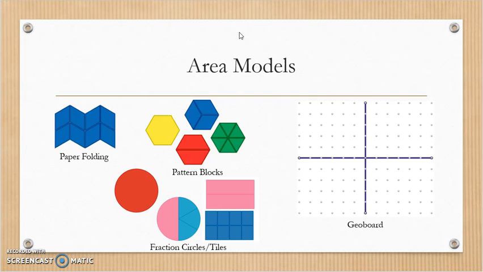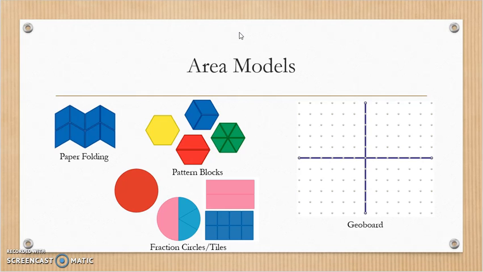But once they folded their paper into thirds and then folded their thirds in half, they would create 6 equal parts. Once the students had folded their 6 equal parts, they could represent 4 of the parts by coloring 4 of the boxes or putting an X in 4 of the boxes to then represent 4/6